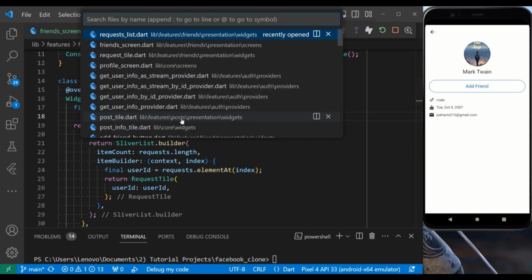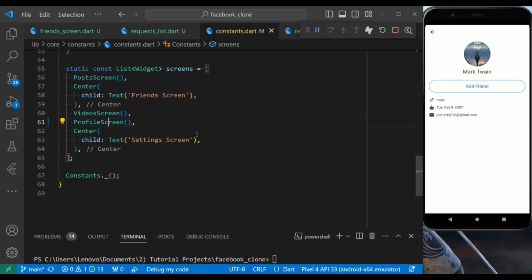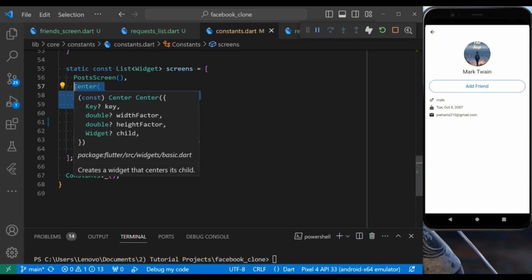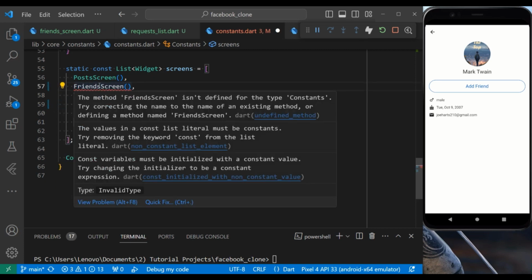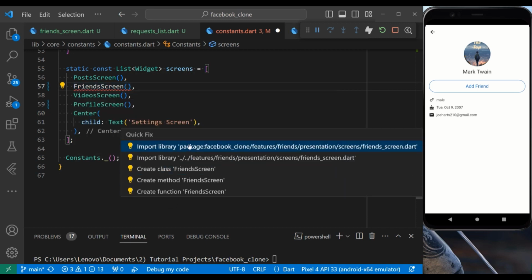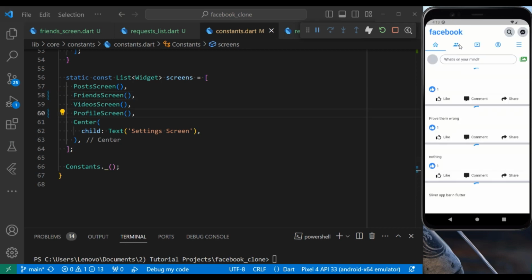So let's go to constants, and instead of friends screen that right now is only a static text, I'm going to put my actual friends screen. The import system doesn't seem to work today, so I'm going to import it manually. And now if I hit save and go back, let's go inside our friends screen,